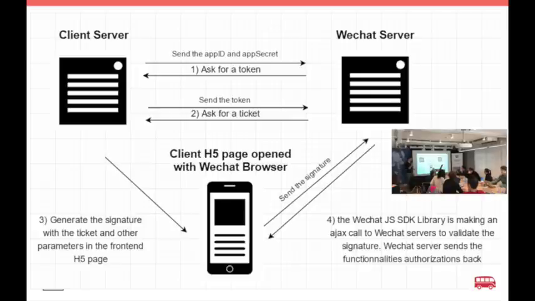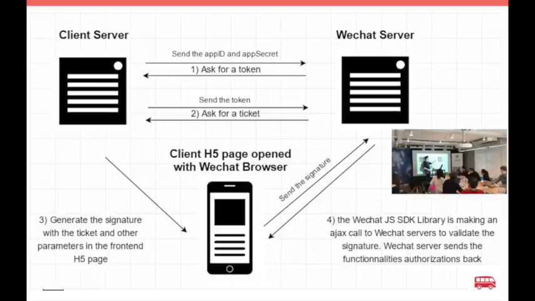that I don't remember. We're going to see that in the code. Anyway, you generate from that a signature that you put inside your web page. Then when the user loads your page, and that's the critical moment, it makes a call directly to the WeChat server, and it says to the WeChat server, here's my signature, can I access the functionalities?